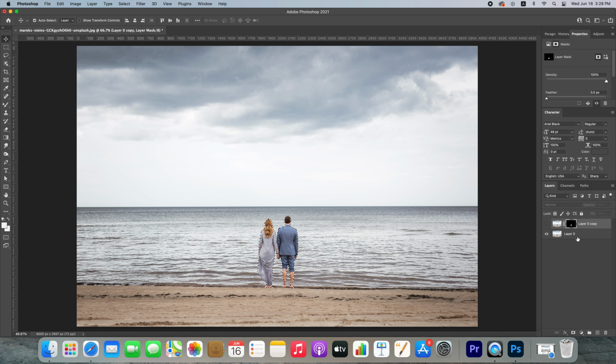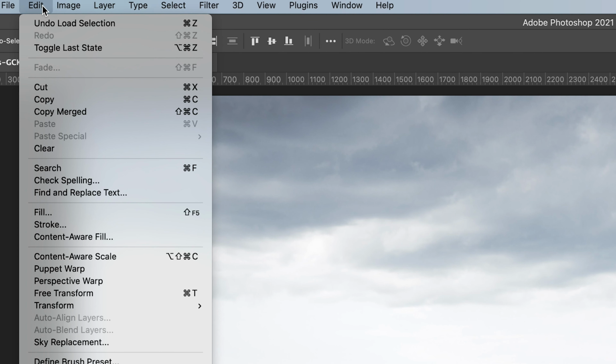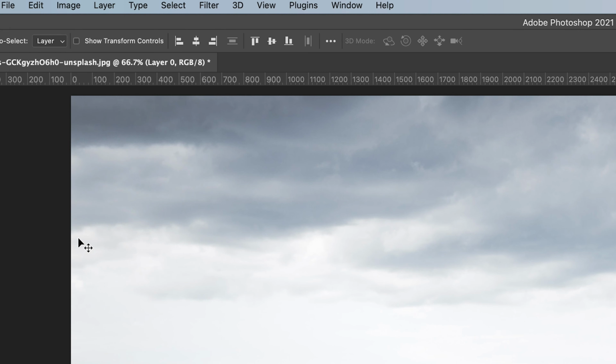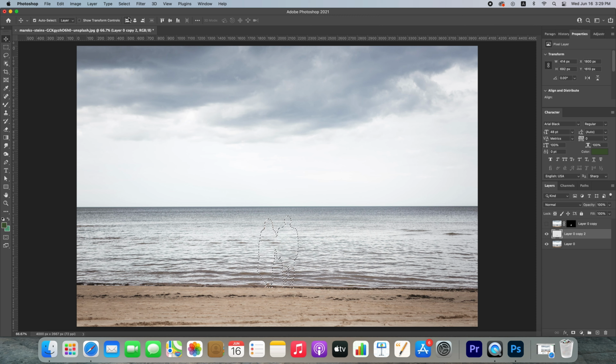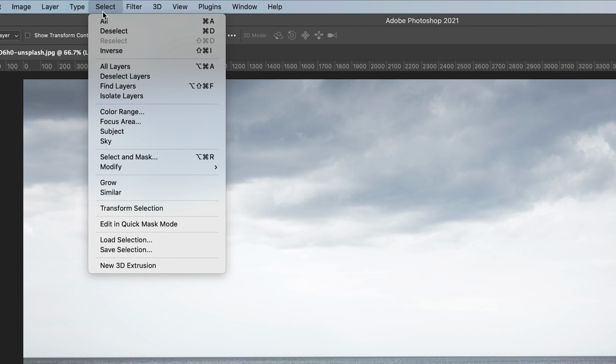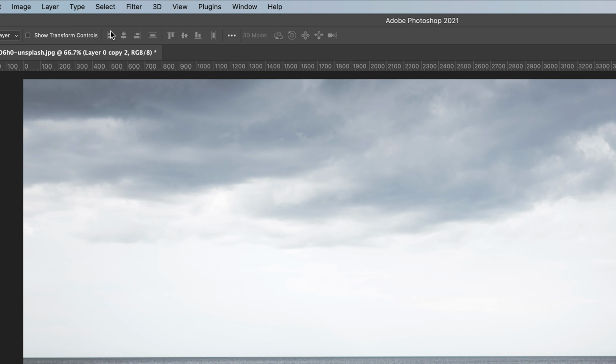Now select the lower layer, go to Edit, and here click Content Aware Fill. So it will remove the selection from the background. Here you can see the preview, so just click OK. Then disable the selection from here, Select and Deselect.